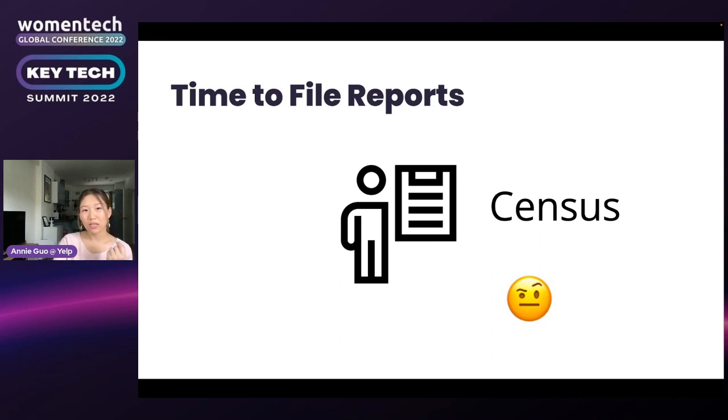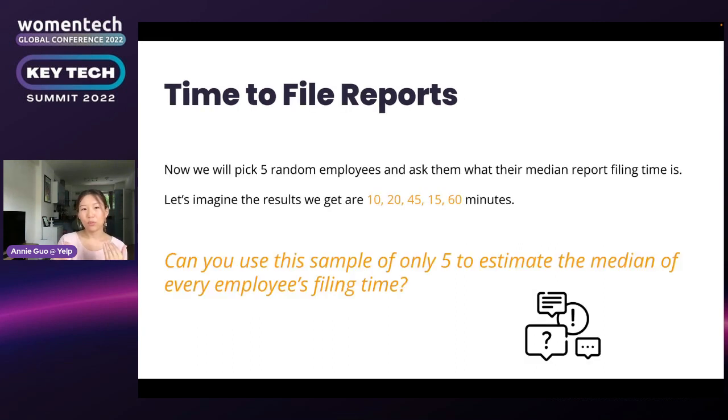So instead of sending an email to everyone in the company, one quick rule you can use is to pick 5 random employees and ask them what their median report filing time is every day. And let's imagine that the results that we get are those 5 described on the screen. Can you use this sample of only 5 to estimate the median of every employee's filing time? You can see that 5 is obviously a very, very small sample of the 10,000. So you might think that it's probably unlikely that the 5 can represent all the 10,000 employees that we have